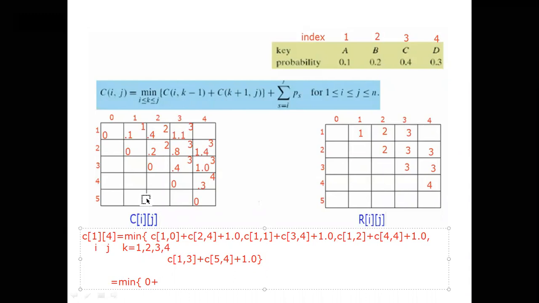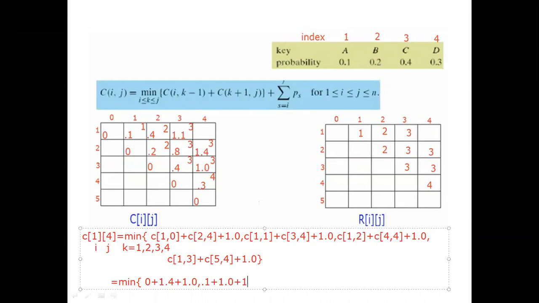What is 24? 1.4. 2, 4, 1.4, plus 1.0. We will write as it is 1.0, comma C of 1, 1. It is 0.1. 1, 1 it is 0.1, plus C of 3, 4. 3, 4 is 1.0, plus